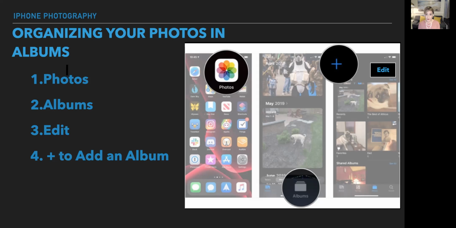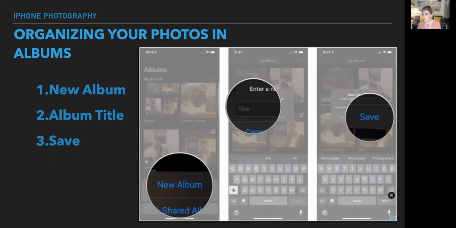So you go to your photo app and you select albums at the bottom, and then you're going to edit. You have to get into an editing mode in order to add an album. Once you add a new album, you're going to need to enter the album title or the name of the album. And then from there, you click save. Okay. Once you've saved the album,